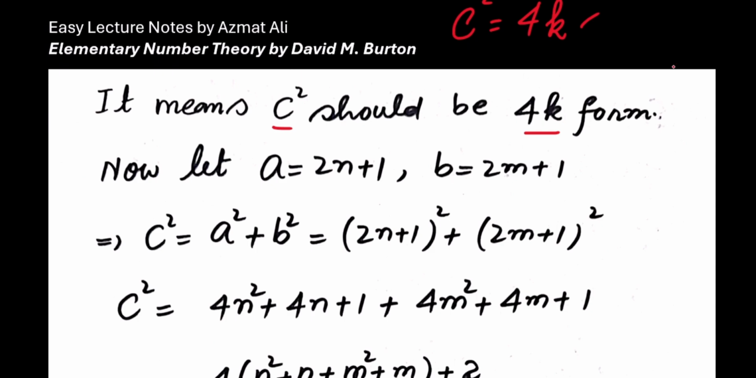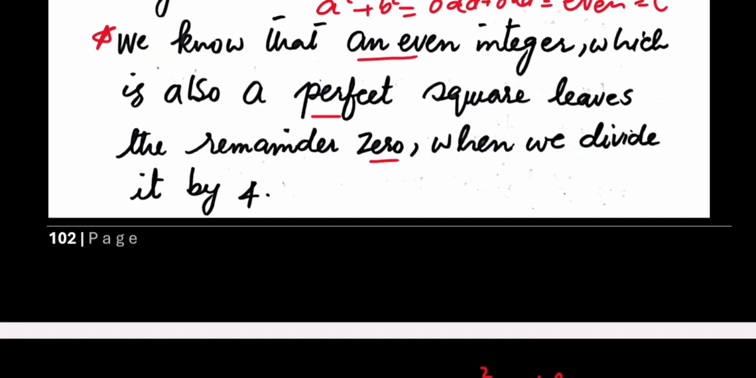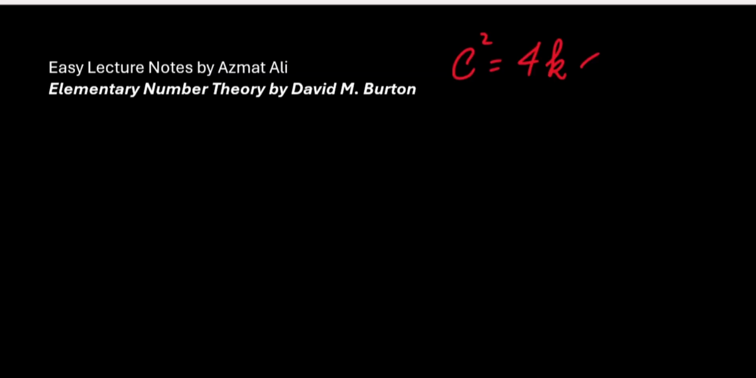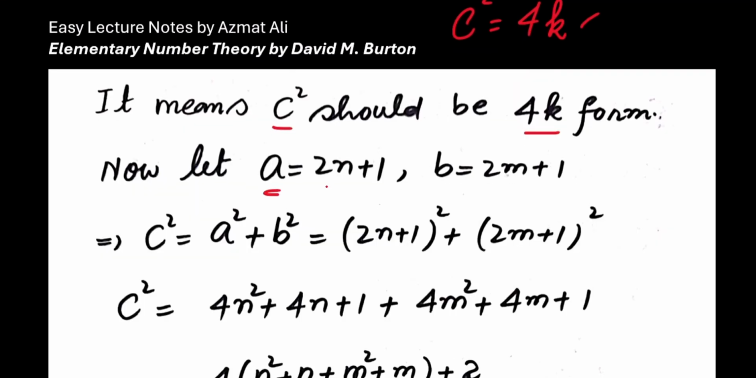Now we suppose the given conditions that a and b are odd integers. Suppose a is equal to 2n plus 1 and b is equal to 2m plus 1. Now I calculate a square plus b square, which is equal to c square. So substituting the value of a, we have (2n plus 1) whole square and b is equal to (2m plus 1) whole square, and after expanding